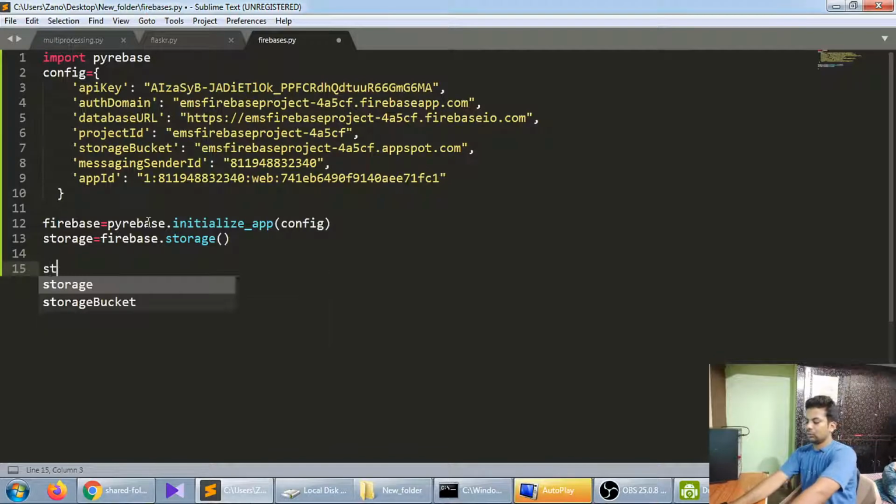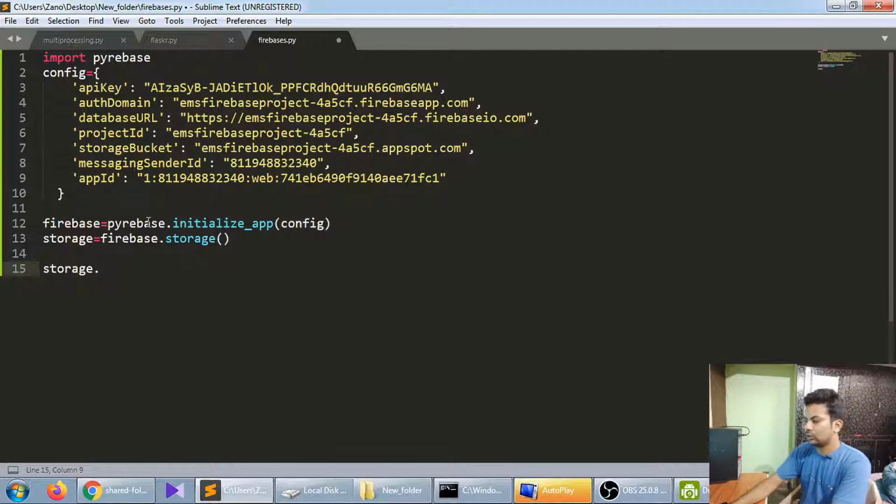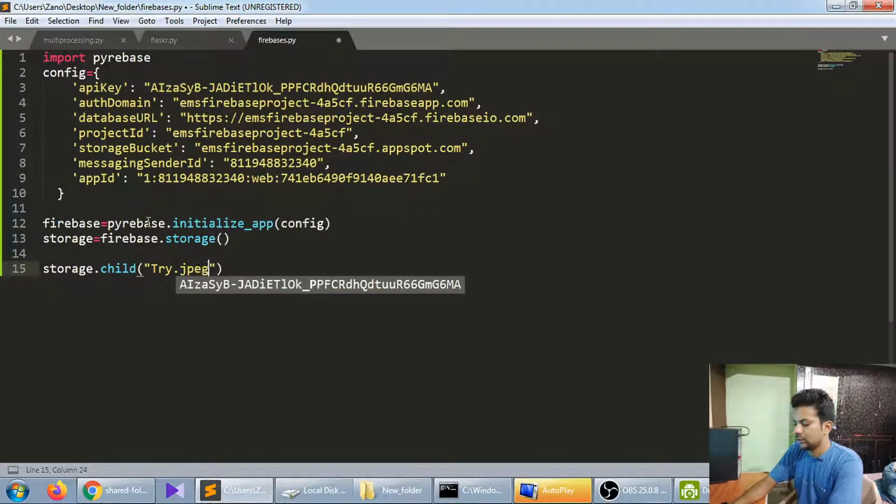Now suppose we want to insert a picture, so we'll say storage.child, where child is the name. Try.jpeg. Suppose you want to save a pic with the name try.jpeg in that cloud.